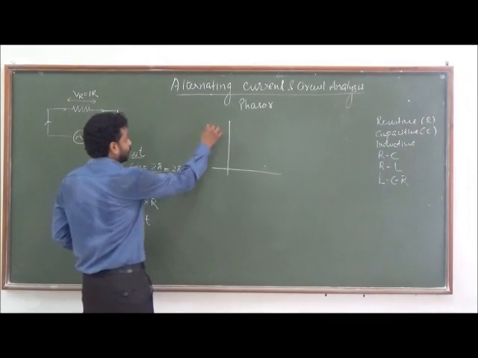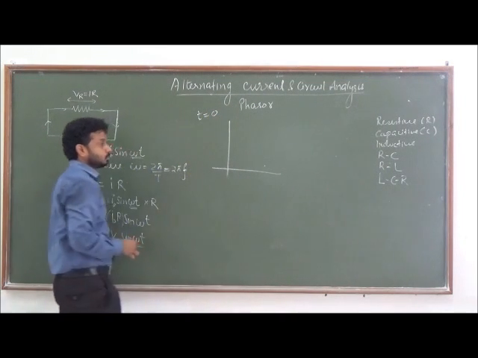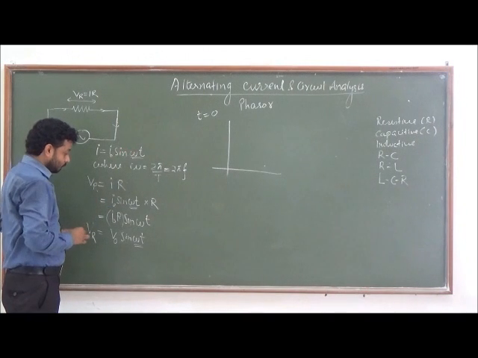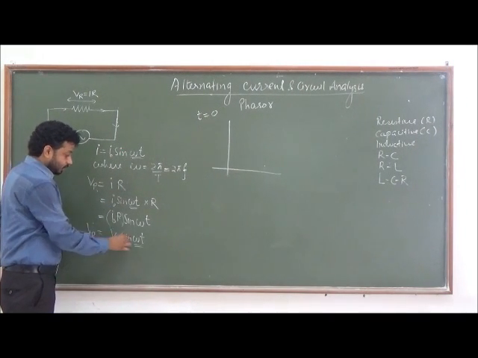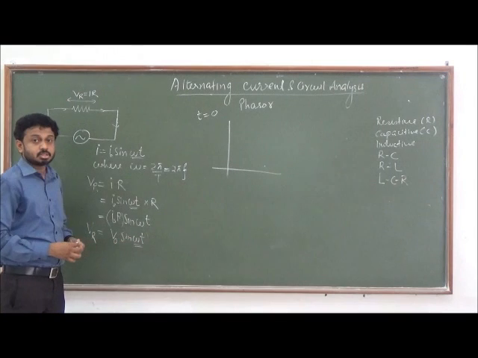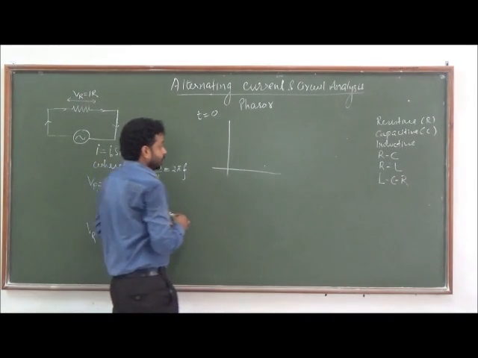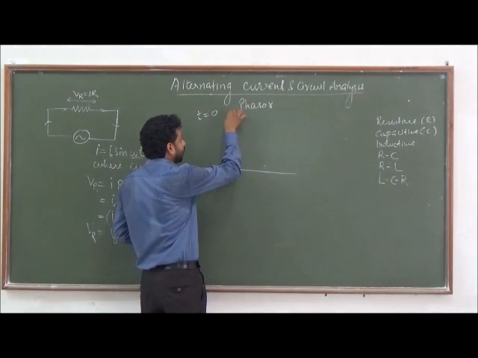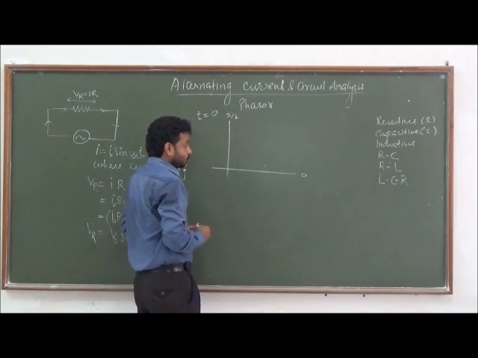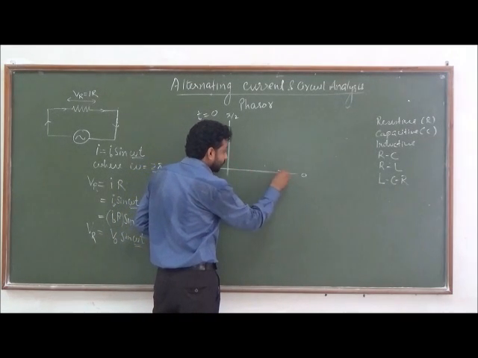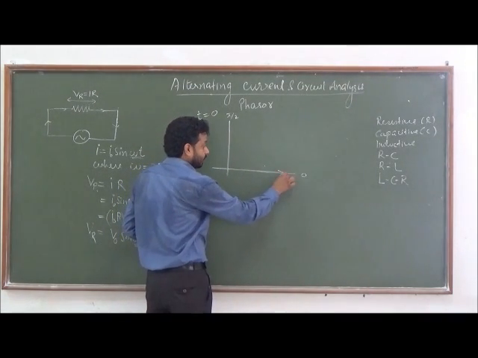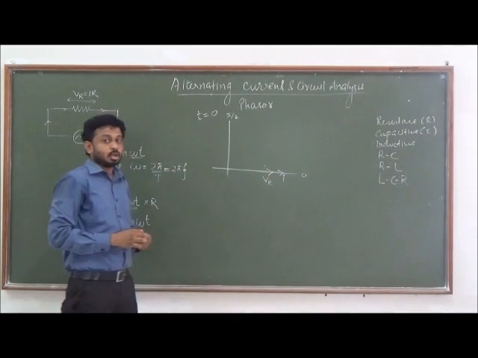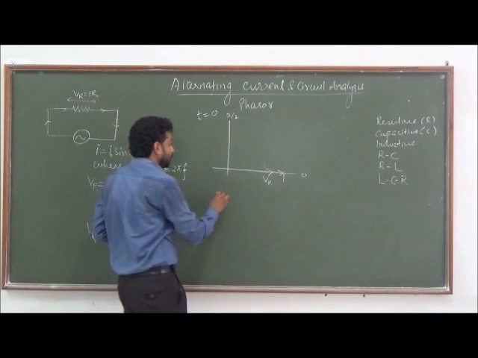So let us try to plot the phasor diagram at time t equals 0. Now if I put t equals 0, the phase of current is 0, as well as the phase of potential appearing across the resistance also becomes 0. So if I say this is the 0 line and this is the pi by 2 line, I can say that the current is along 0 phase as I, and potential is also along 0 phase. So we can make a statement here that